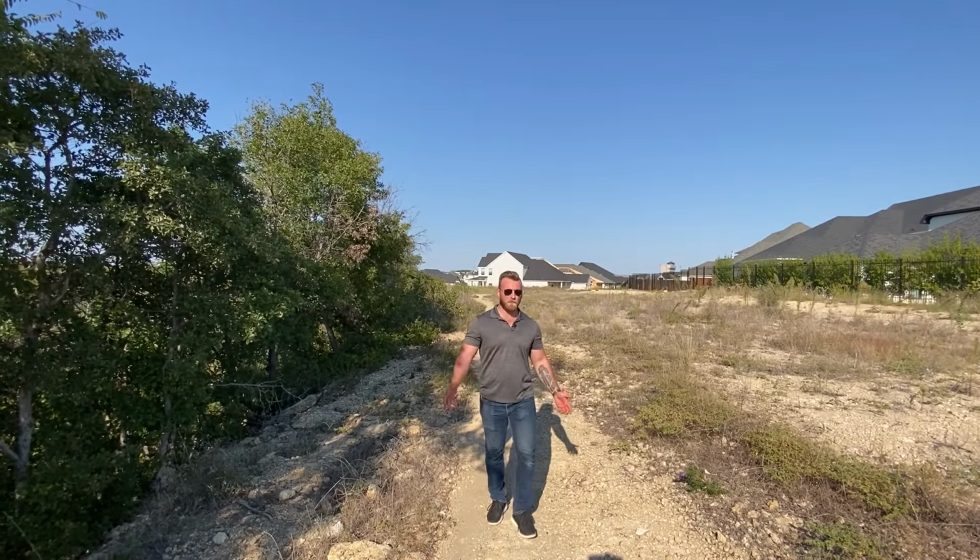Now, it may have it all, but the one thing that it doesn't have is a pool. But don't worry, we got you covered. If you're moving from another state that has great weather, you and your spouse may have had the conversation: hey honey, if we're moving to Texas, we gotta have a pool. And one of the things that's a little bit more difficult